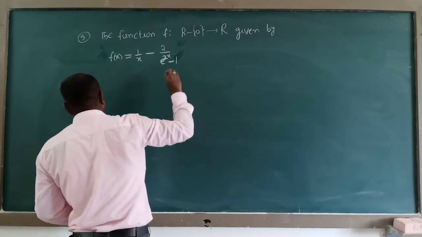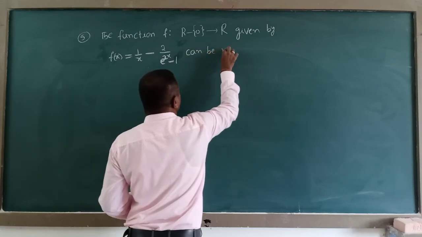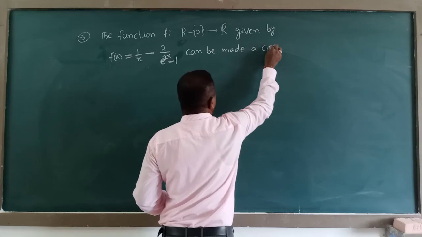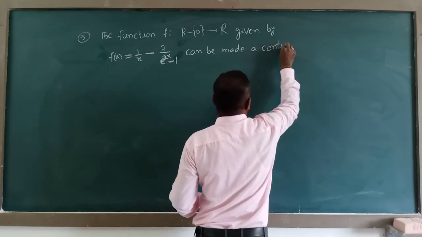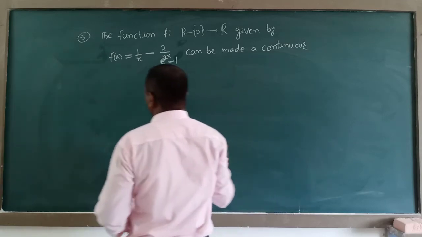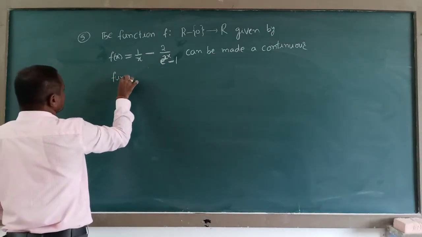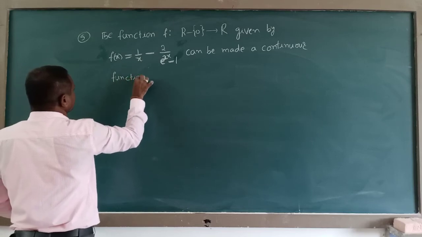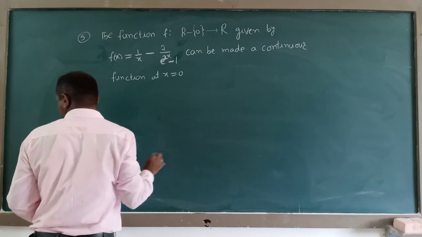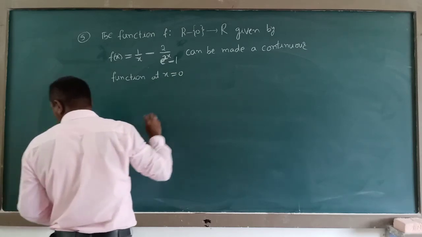It can be made a continuous function at x is equal to 0 by defining f of 0 as...